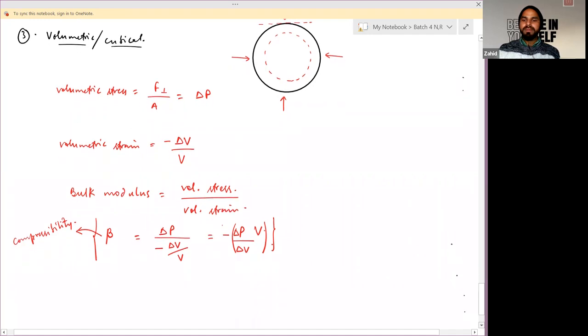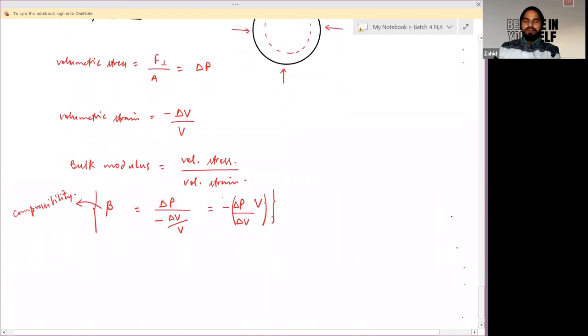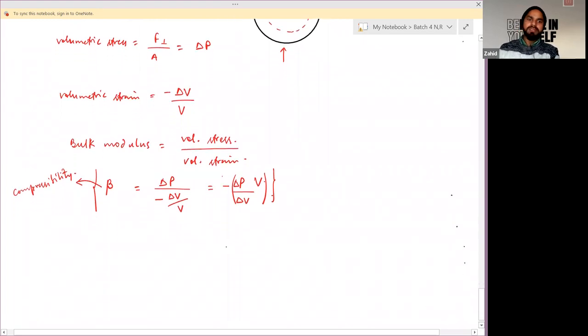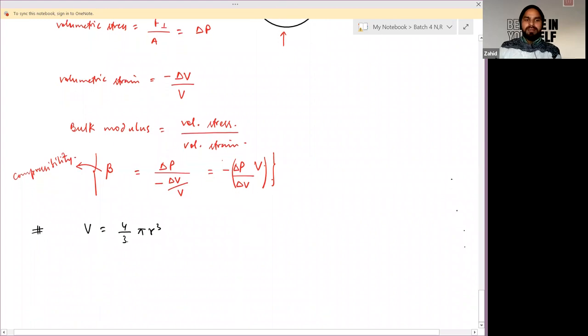Yes, sir. Okay. Now there will be a question to find a relation in terms of the radius of this particular solid sphere. As you know, the volume of a sphere equals 4 by 3 pi r cube. 4, 3, pi, these are all constant terms. So according to the rule of exponential error, which I had defined in the second chapter, that is units